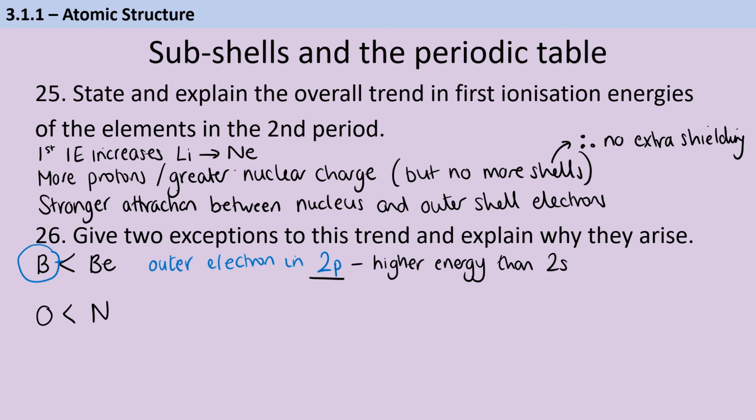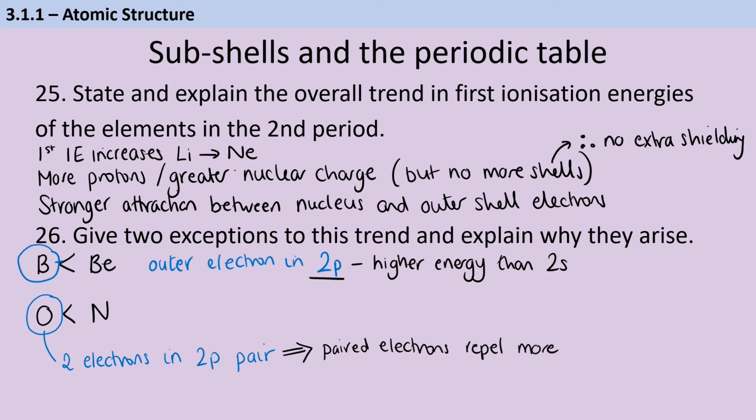The second exception is that oxygen has a lower first ionization energy than nitrogen, even though both of their outer shell electrons are in the 2p subshell. But the reason here is that in oxygen, we start to see those electrons being paired. So the 2 electrons that are in the 2p are paired together and they are repelling one another more. It's important that you specify that it's the paired electrons that are repelling each other more than the other electrons, because nitrogen still has electrons and they're still repelling each other, just not as much as the 2 that are